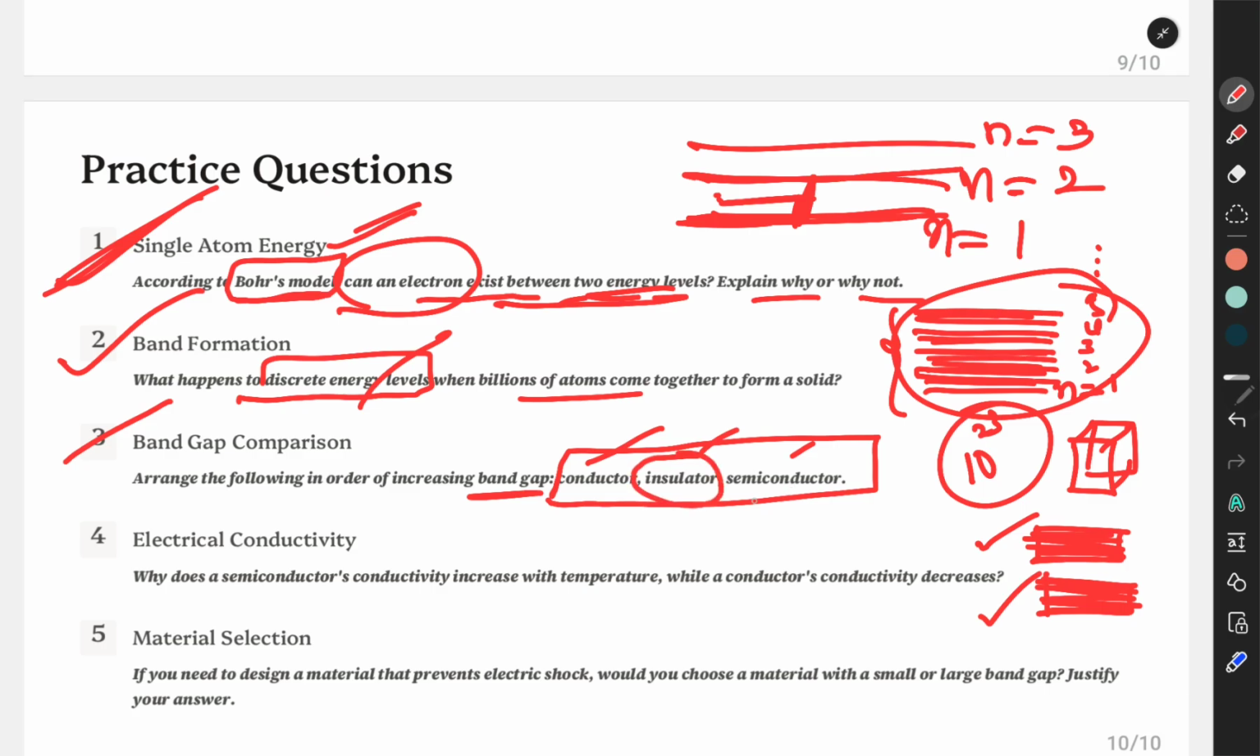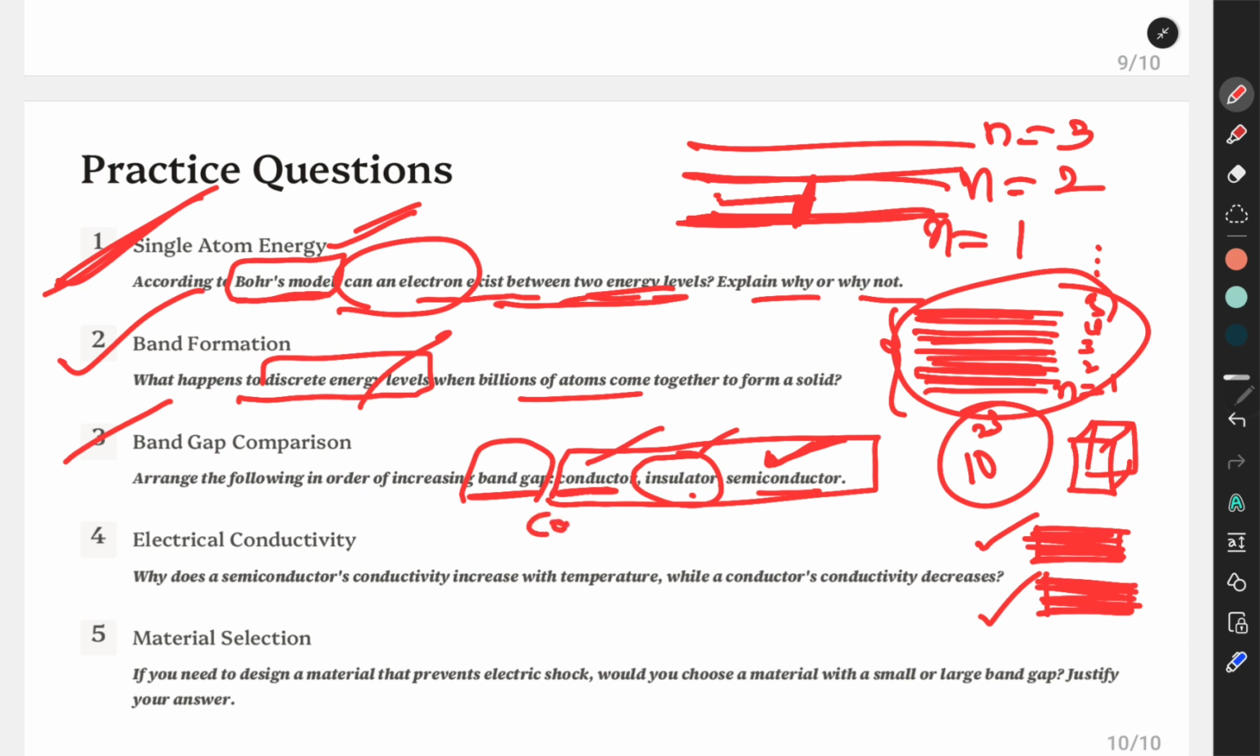If the band gap is in between conductor and insulator, that means if the band gap is small so that the electrons can jump to the conduction band, then we can say that the material is a semiconductor. And if there is no band gap at all, then it is a conductor, right? So we have arranged,